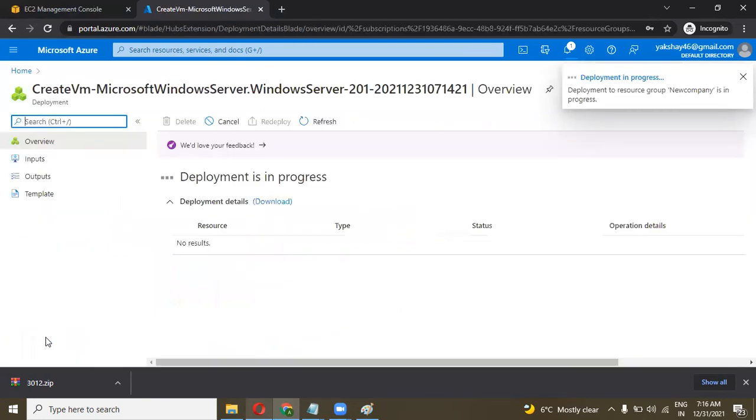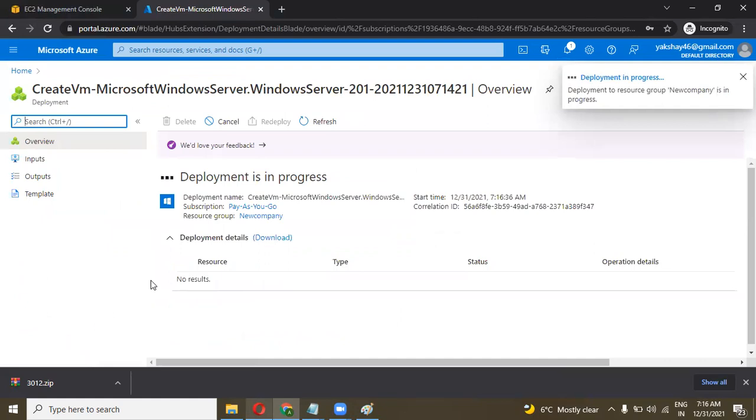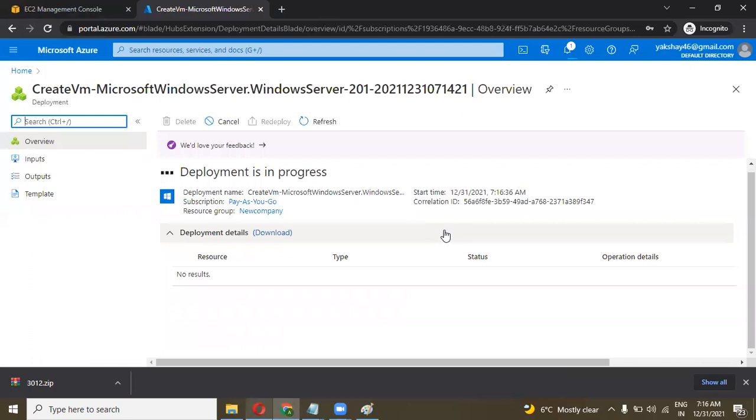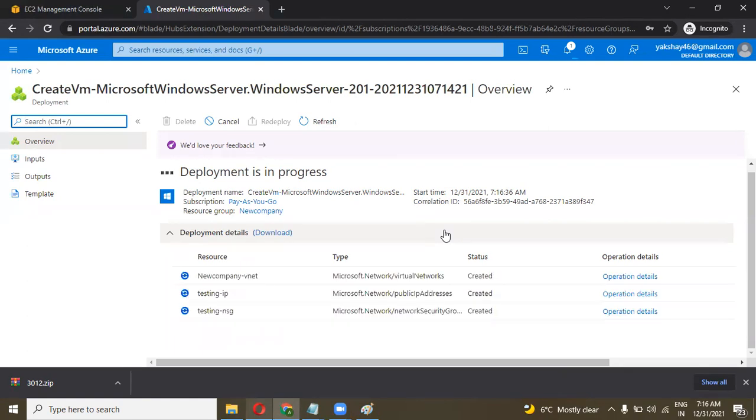So we could see one more option: download template for automation. What is that? Templates means if you want to save this configuration for next time, we can simply use this template and deploy a machine the same as it is. If you want to save your time and your configuration, then you can create a template.